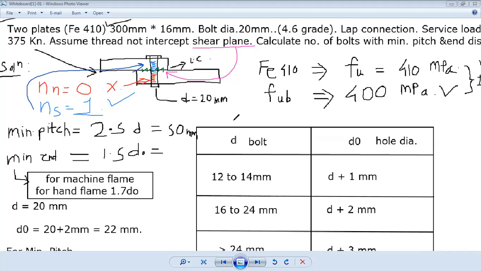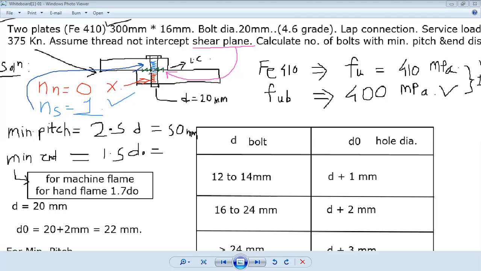So now you can point out what I want to explain here, that your shear plane is passing through your shank. The upper portion of the bolt is the shank and the lower portion of the bolt is your thread. Thread is circular in nature, while a shank is the plane surface. Plane surface is the shank, and the circular threaded section is your bottom section.